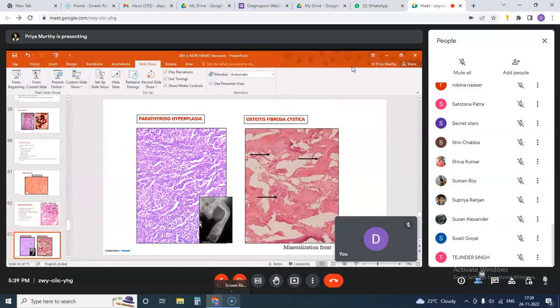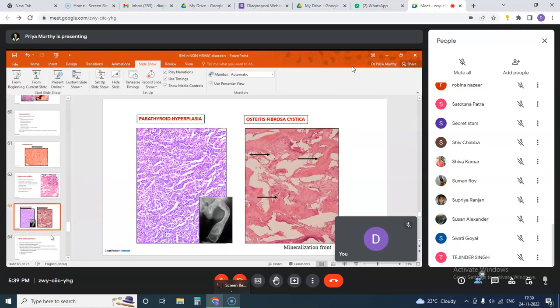a case of parathyroid adenoma, and subsequently after eating up, cysts form in the bony trabeculae, and these cysts are visible in the X-rays. So whenever you come across such kind of cases in a bone marrow biopsy, always insist on looking at the X-ray and take some clinical history on the patient.